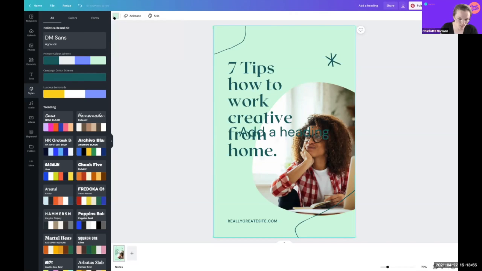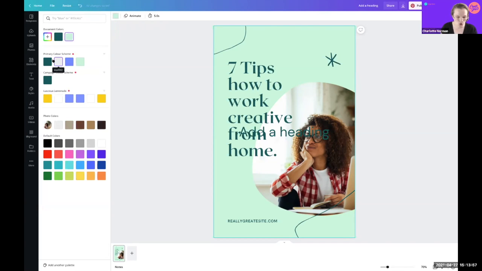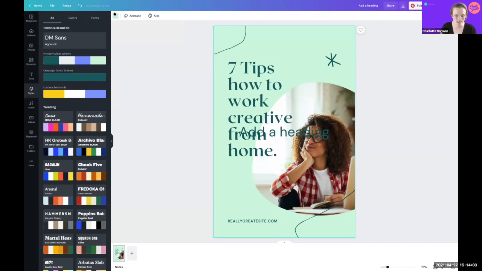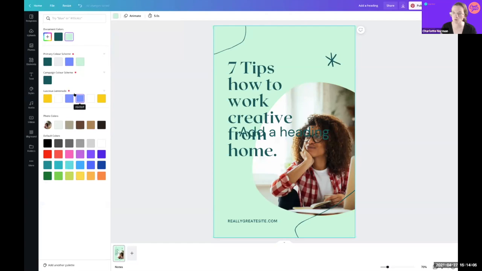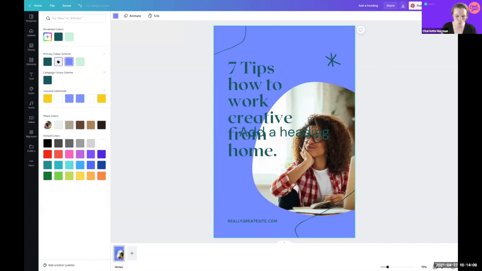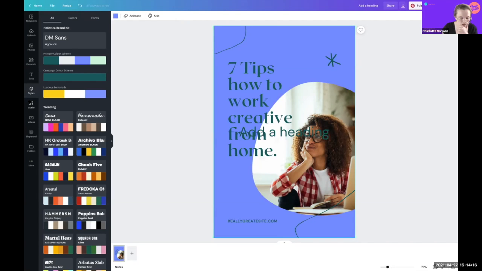Alternatively, if you do want to specifically change different things, you'll see the primary color scheme or the campaign color scheme or luscious lemon color scheme that I saved is just simply in this color panel here. And that's where you can actually access that and change the colors as you would wish or like. So that's a really sweet hack that we have there. So I was at styles. I'll then